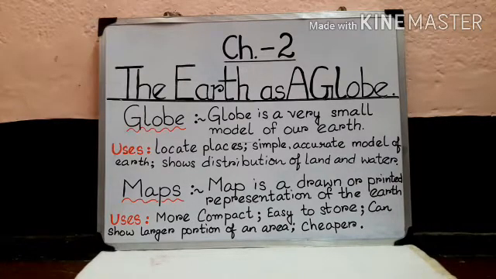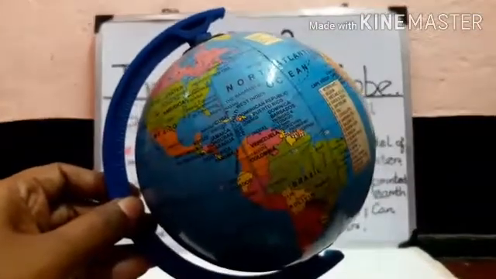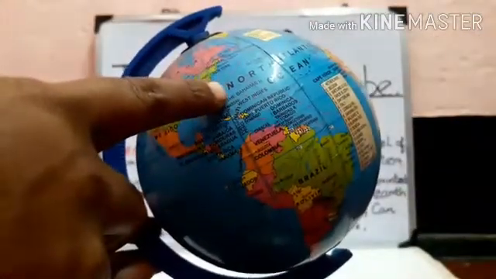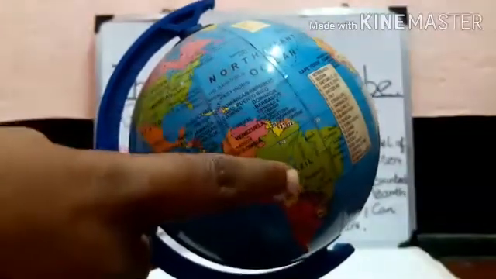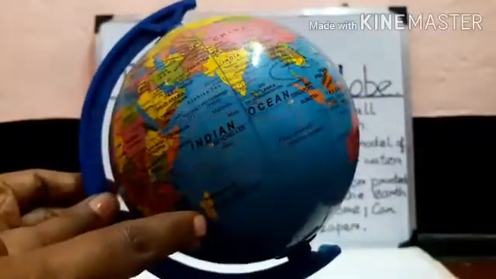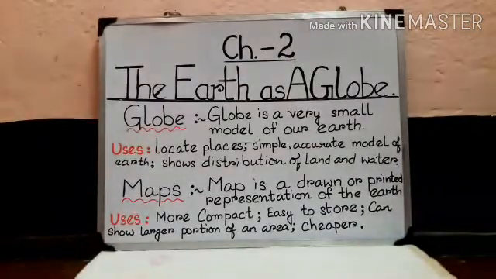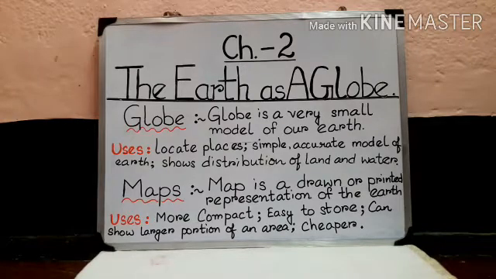It has various colors. See, if I show you, if you can see it minutely, you can see there are different colors. There are red colors, isn't it? Blue color, different continents are colored differently, okay? So there are various colors in the globe, isn't it? Some lines have also been drawn on the globe. These lines help to locate different places on the globe.